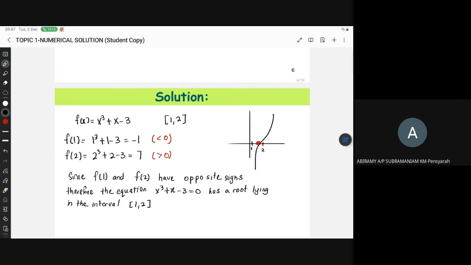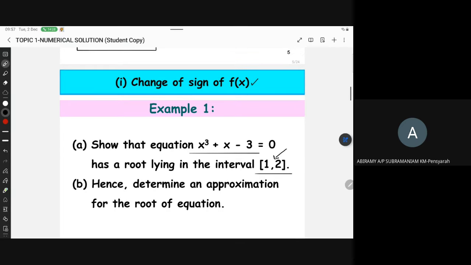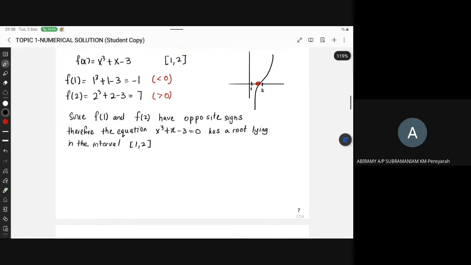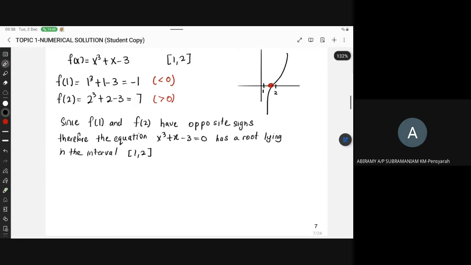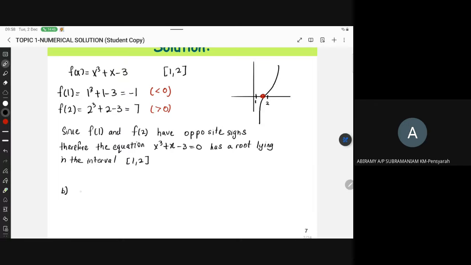So I hope you can understand the method of change of sign to approximate a root. We have not approximated the root. We just show that there is a root. Now, if you look at the second part here, example 1b, hence determine an approximation. This is where we are going to determine an approximation for the root. Since the root is in between 1 and 2, so to answer the B,